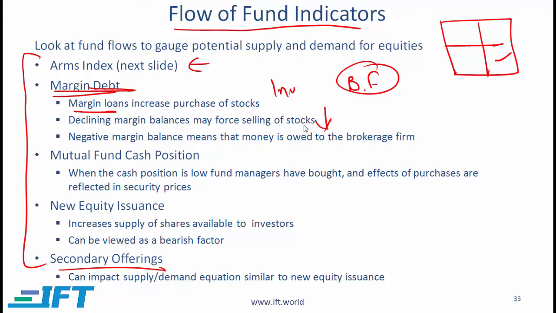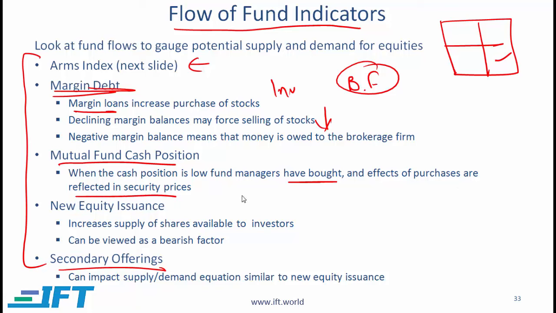And eventually, to pay off the loan, the investor will have to sell stocks. The way you can look at this is, if the investor is likely to sell stocks in the future, that means the prices are likely to come down. Mutual fund cash position. When the cash position is low, fund managers have bought, and the effects of purchases are